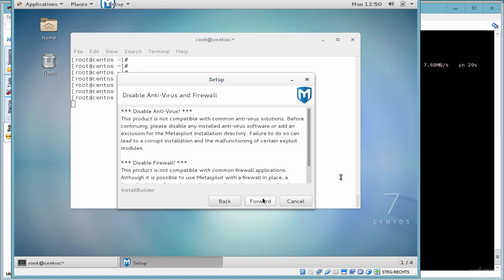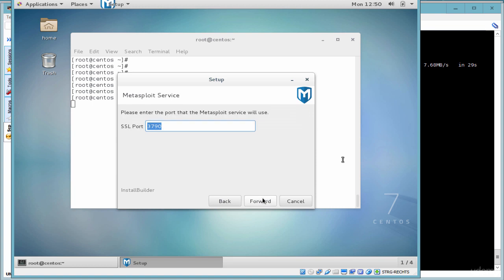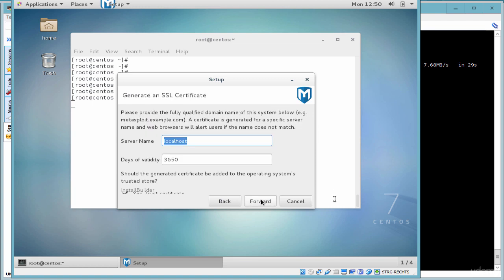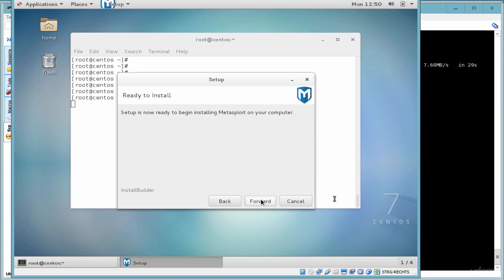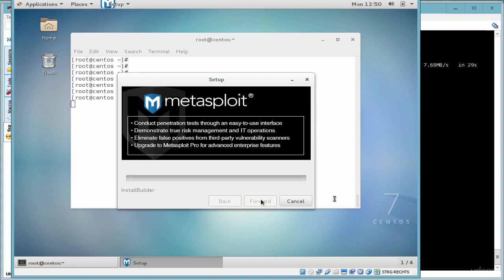Forward. You want to make sure if you have any firewalls or antivirus, you need to disable that before proceeding. There may be some interference if you have an antivirus or firewall enabled. So make sure you disable that. This is the port that we will be listening in on. This is all okay. Leave that as is, and then I hit forward to then go ahead and install the